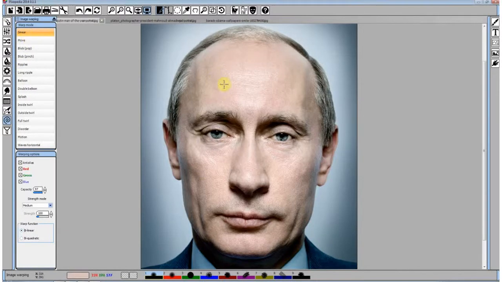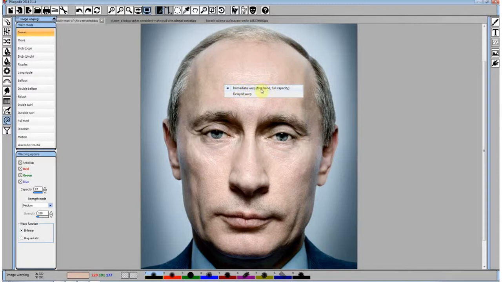When you position your mouse cursor over the image and press the right mouse button, you have shapes that can be applied for warping distortions.